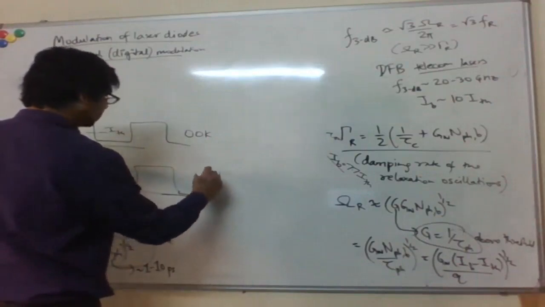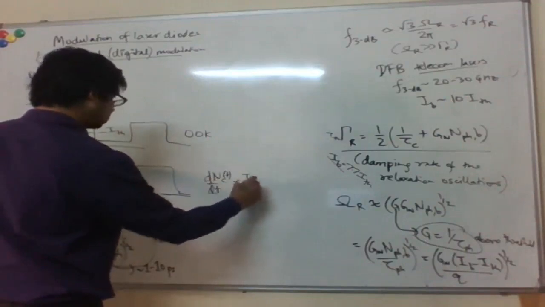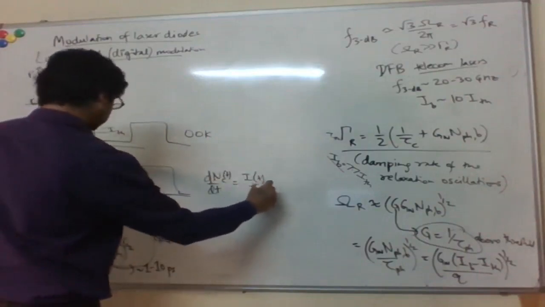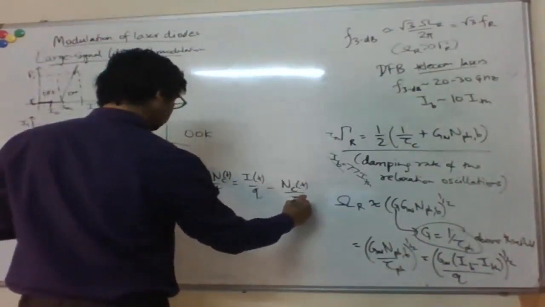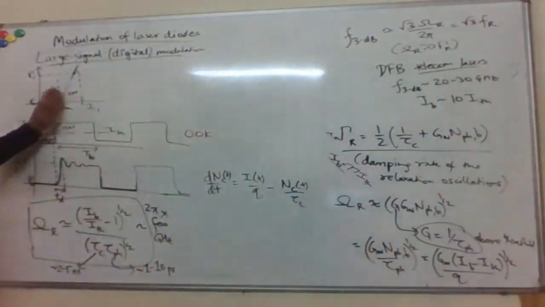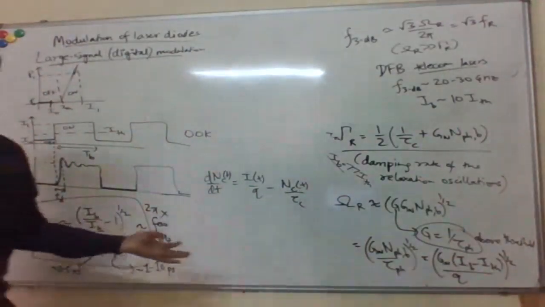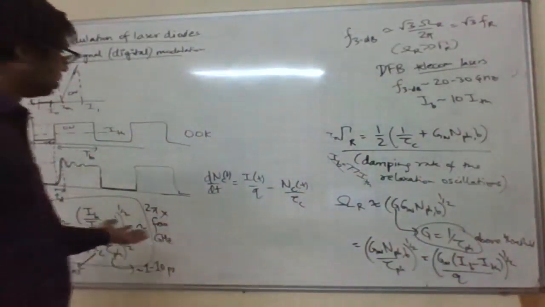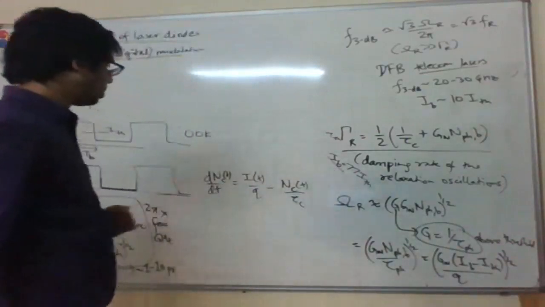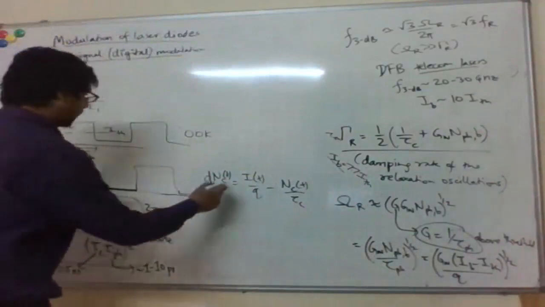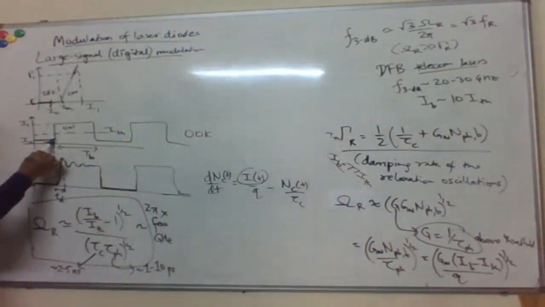In some sense you can think about it like this. If you have this equation for the carrier dynamics, let's say we start from below threshold, right? So I naught is below threshold, so the device is off. There are no photons in the cavity, so the stimulated emission term is 0. So you have this equation for the carrier lifetime, and now you put this I of t as a step function going from I0 to I1,